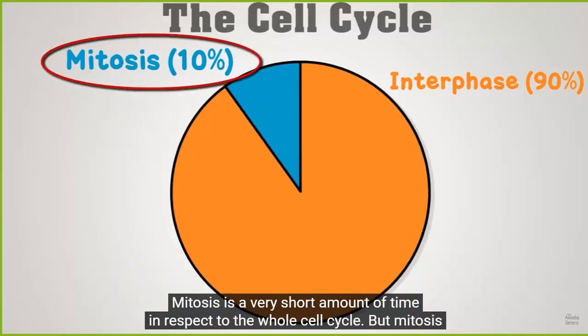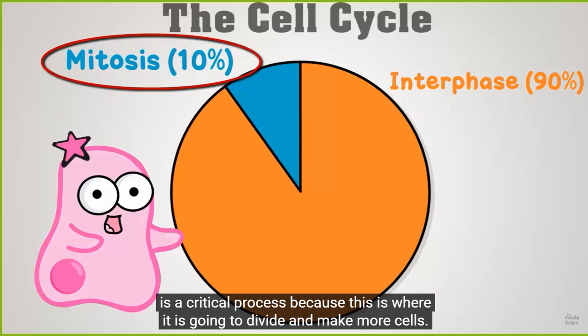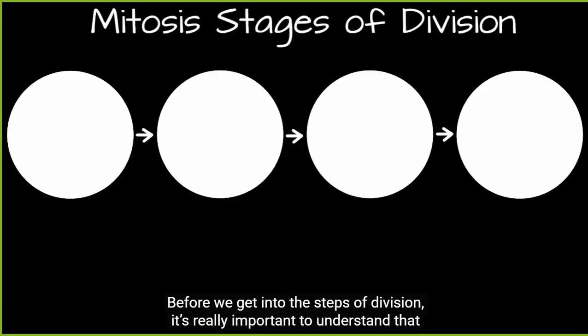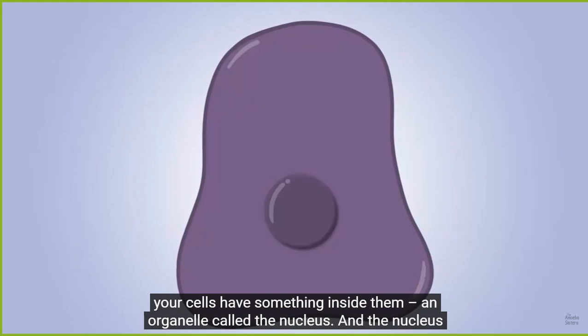Mitosis is a very short amount of time in respect to the whole cell cycle. But mitosis is a critical process because this is where it is going to divide and make more cells. Before we get into the steps of division, it's really important to understand that your cells have something inside them,